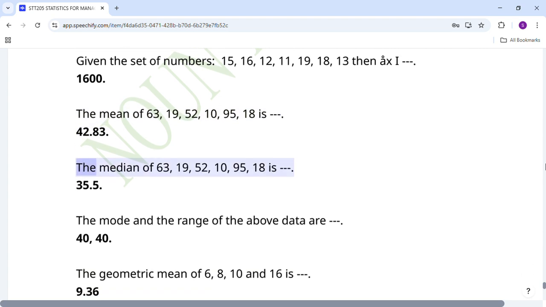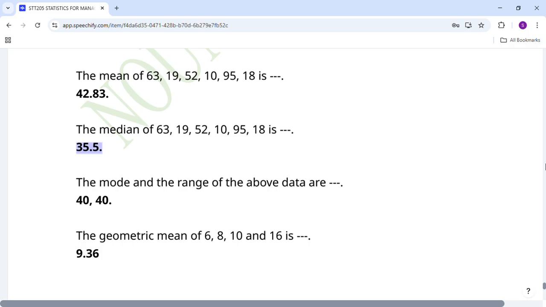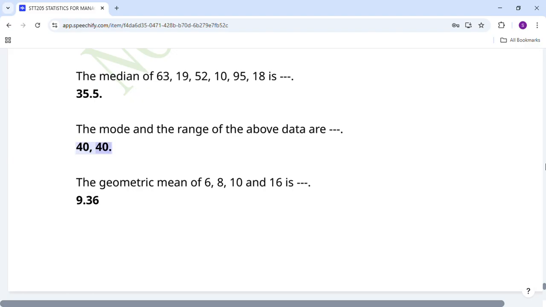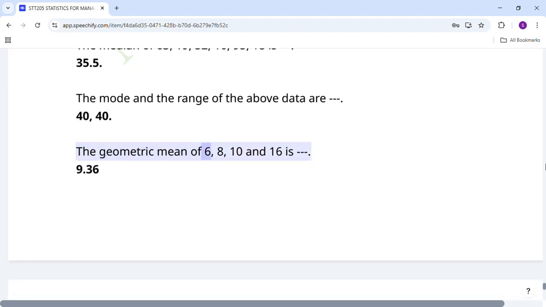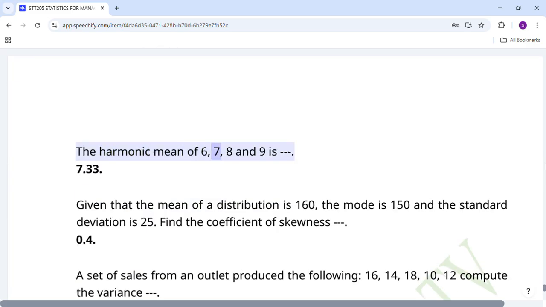The median is 35.5. The mode and the range of the above data are 40, 40. The geometric mean of 6, 8, 10, and 16 is 9.36. The harmonic mean of 6, 7, 8, and 9 is